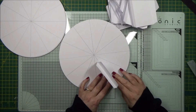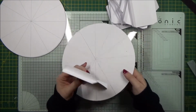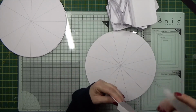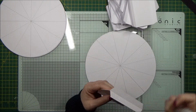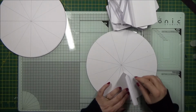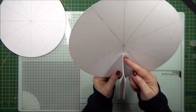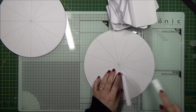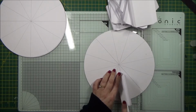So we're going to just use liquid glue, and you want to put the edge of the piece up to the edge of the circle like that. So let me do my first piece and then I can show you. And again, you want to use liquid glue so that you've got time to move it into place. So line it up on the edge and then line it up so that the join is running along this line that we made earlier. And once you're happy with that, press down firmly. Again, just use your bone folder just to spread that glue out so we know that that's going to be stuck down